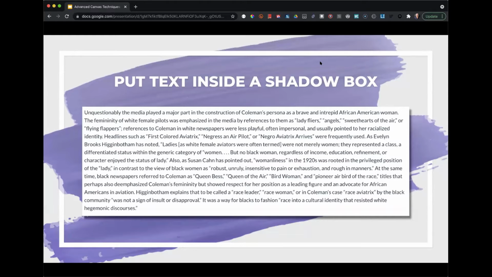This is the story of Bessie Coleman, who was a pioneering aviator in the 1920s, who happens to be African-American and a woman. So she faced multiple barriers. She has a great story about intersectionality. And there are some words here that are part of how she was described in the